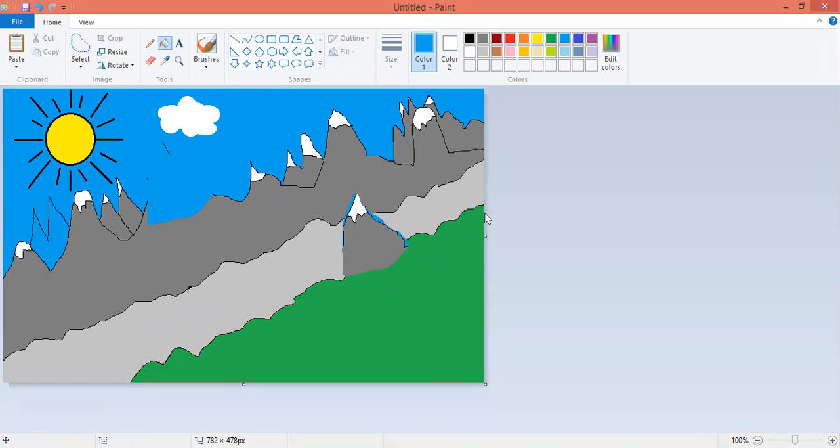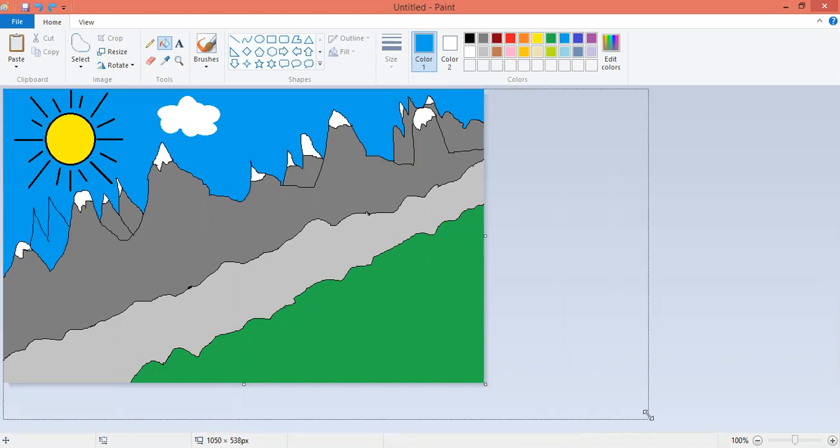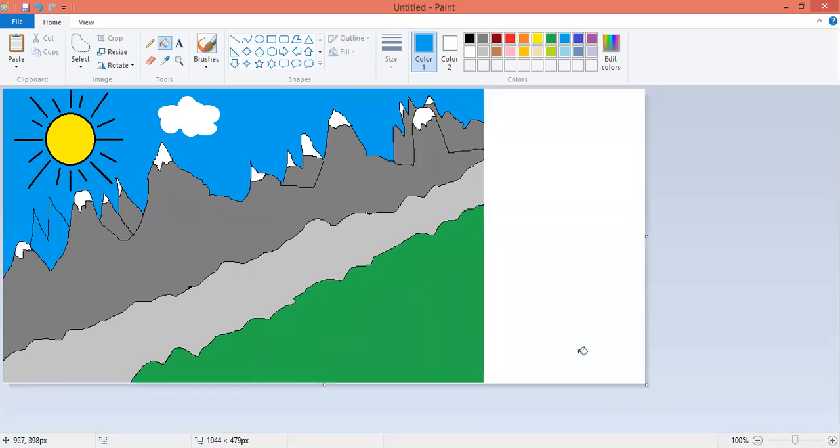So I made this picture here so that you can see we can easily draw the picture, and it's very easy to draw any scenery. I drew this picture in front of you. There are so many pictures we can draw. For example, if you want to draw a pencil, it is the easiest drawing which everyone can make.